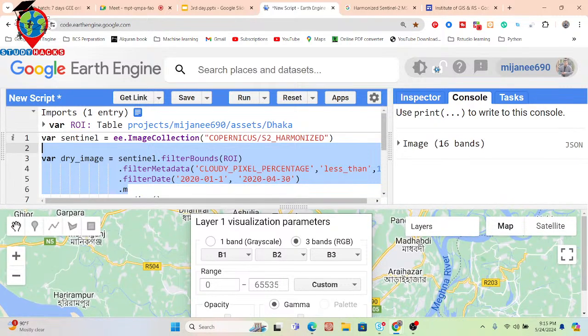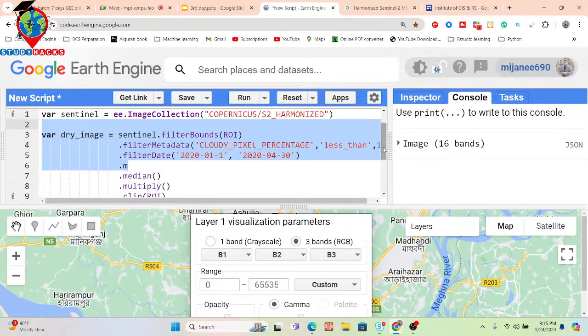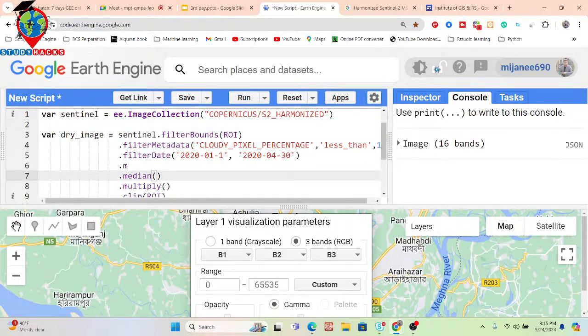So multiply, add, subtract, or any arithmetic function of this type only works for an image. When I put median here, it converts to an image, so after the median I can easily apply the multiply. There is no problem. But if I put the multiply function before the median, it does not work, because these arithmetic functions only work for an image, not a collection.